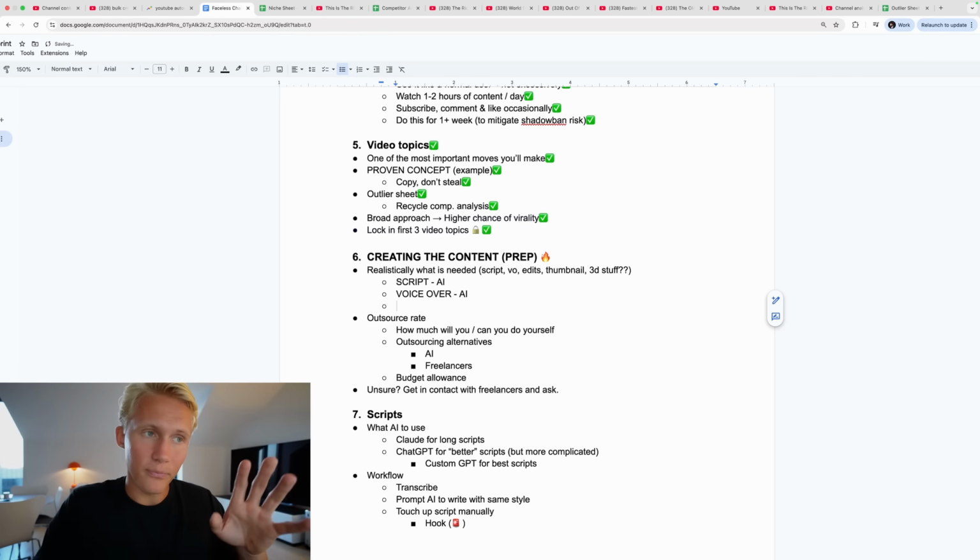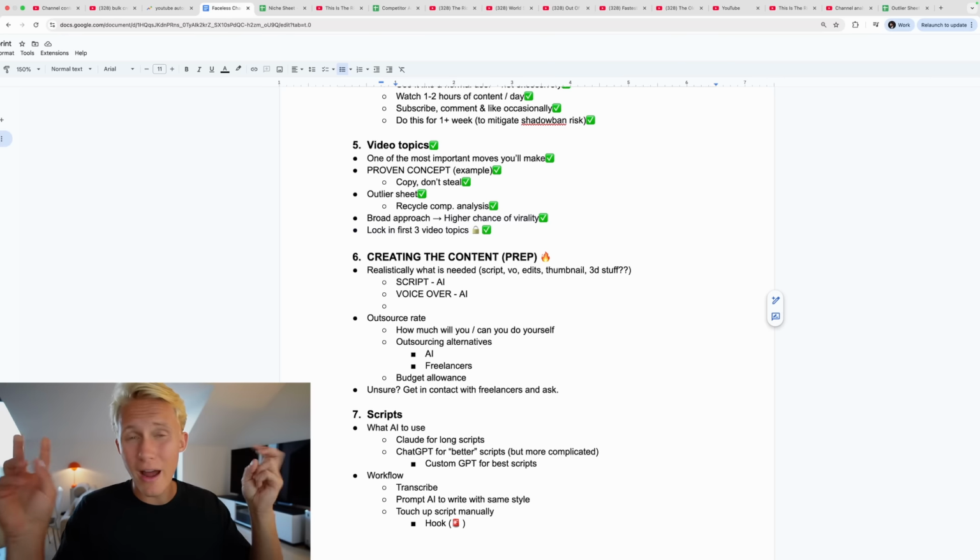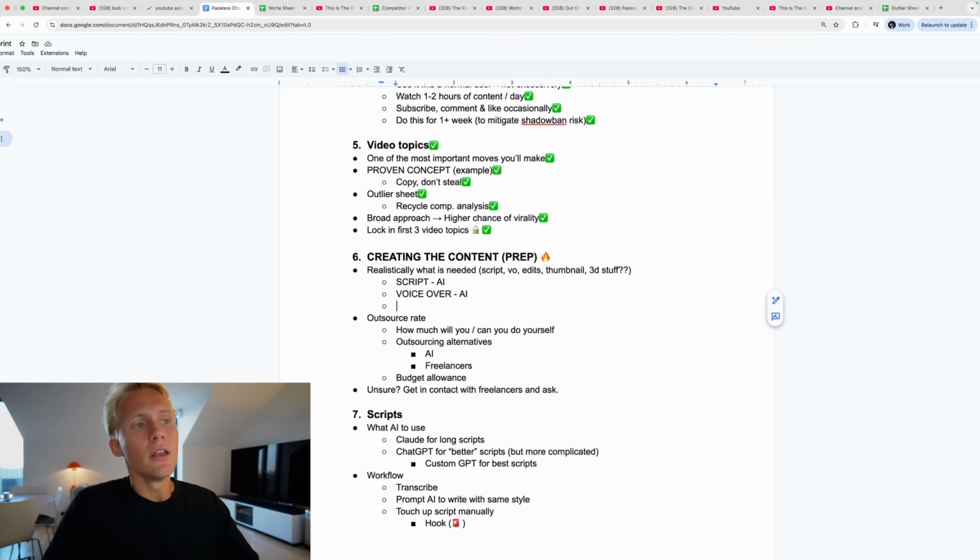For the editing, now, here you really have to weigh out what you prioritize. Either you can outsource the editing, obviously spending more money, but you're saving a lot of time, or you can do the editing yourself, since it is so simple, and you'll just spare that money instead. In my case, since I've done this for a very long time, I would obviously outsource the editing completely. The time that I would spend on the actual editing is way more valuable, because editing is a rather hard skill that takes a long time to learn. So you will spend a lot of time just to make one single video, and in order to succeed on YouTube, you have to post quite a lot. So you can see that the equation doesn't really make sense.